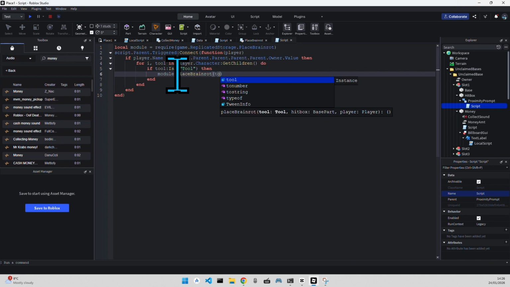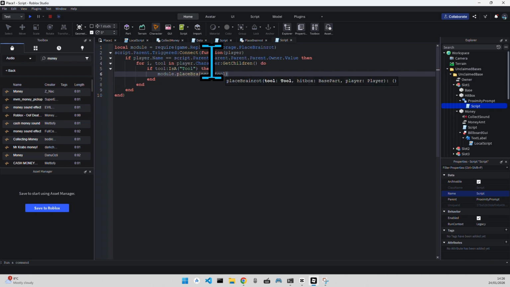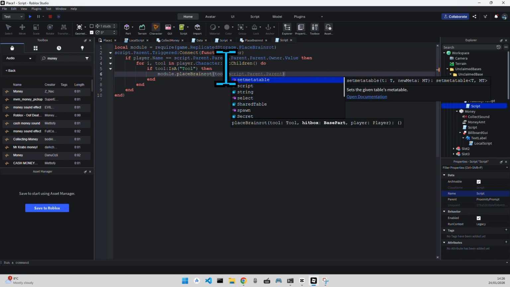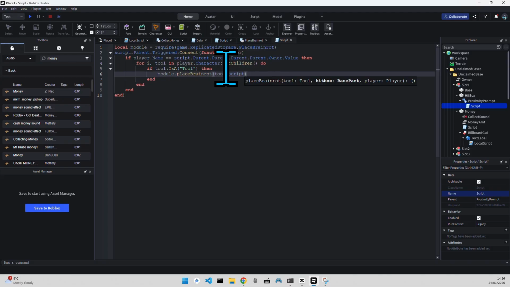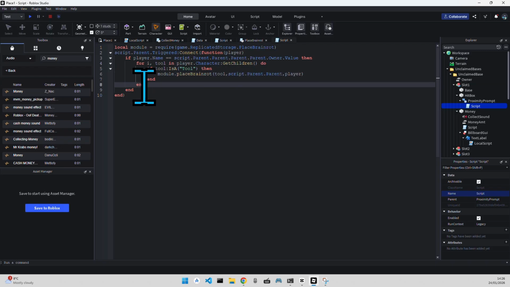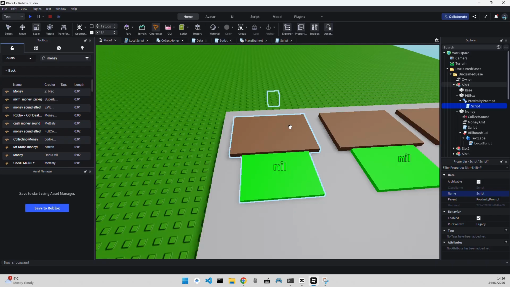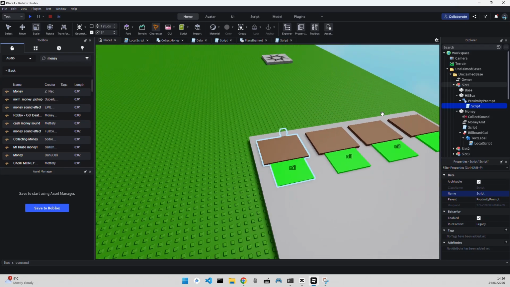So the tool, and then what else, the hitbox, which would be script.Parent, that's the hitbox, and then the player. So then it would just make it go in there. So before we test it out